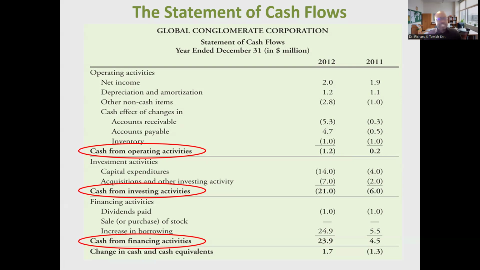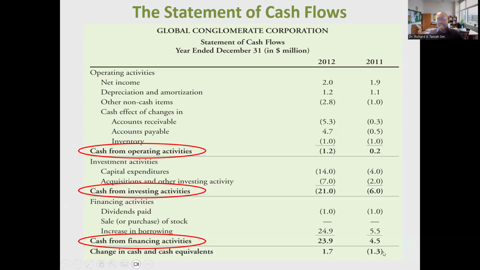You come to the investment activities, so capital expenditures, acquisitions, other investments. So again, you see that we are spending so much money going out in our investing activities. 6 million to 21 million, 15 million extra. That's it. Now, financing activities, we paid some dividends, we bought some shares, did we? We sold some shares, did we? Any borrowing, we borrowed more, then you can see that, yeah,